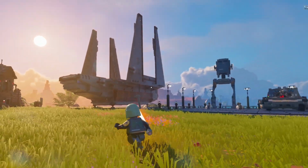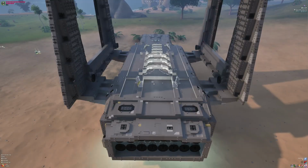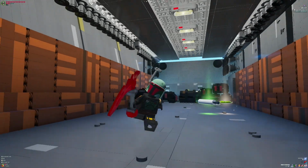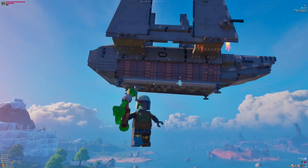We're not only going to take a look at the actual build itself, but I'm going to talk you through how I was able to get this thing flying with no balloons showing from the exterior or interior of the ship. And I'm totally open to doing a full-on tutorial for this,